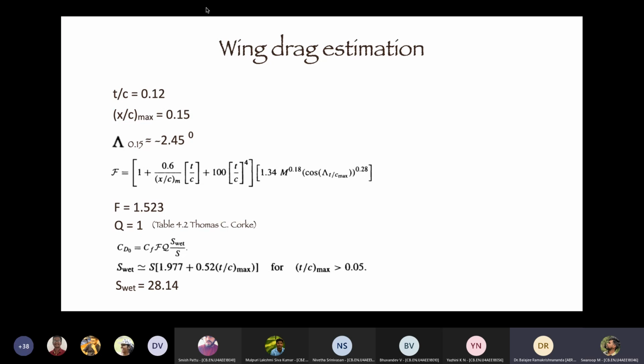The CL cruise we got from the previous presentation. Using the CL cruise only, you estimate that CD. That's how you should choose your airfoil also. In airfoil selection itself, the CL cruise will play a part. What part does it play? You have minimum drag at CL cruise, right? Yes, sir. Does the airfoil satisfy that condition? You haven't checked. You haven't shown. You have to check that.